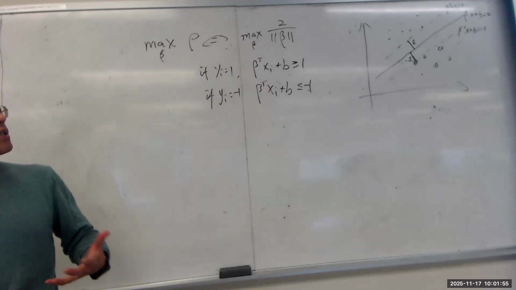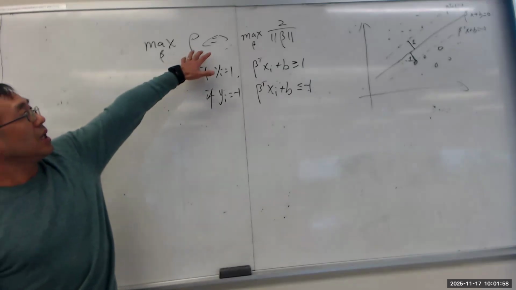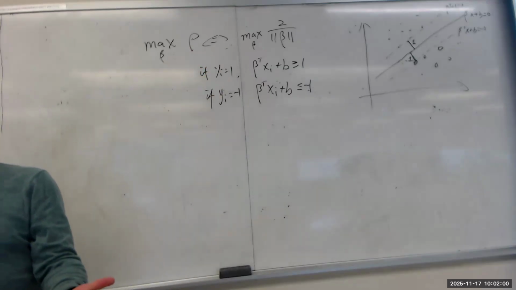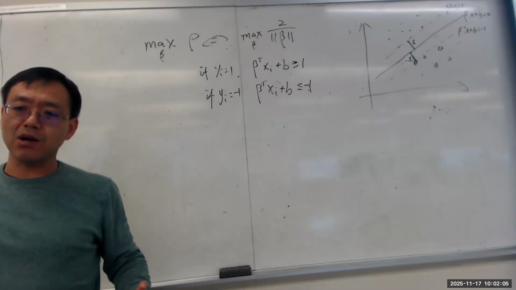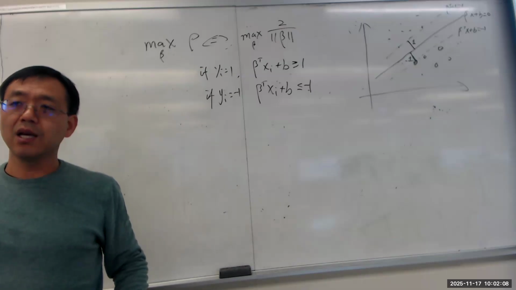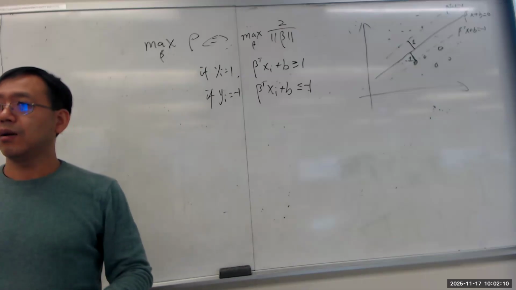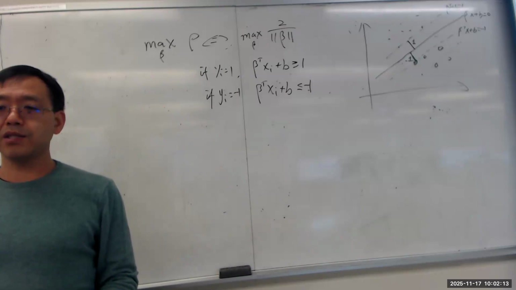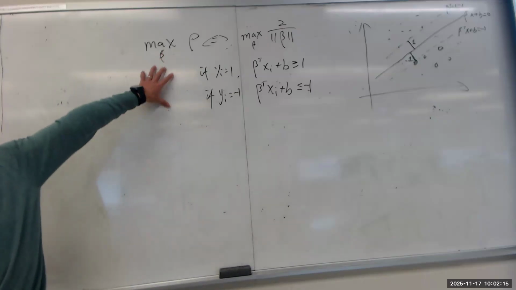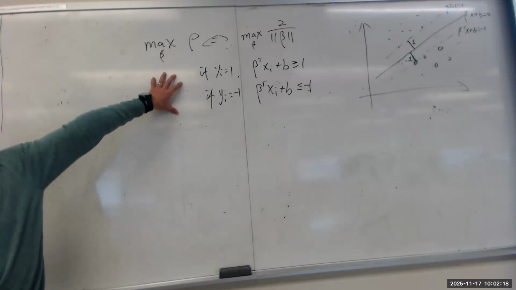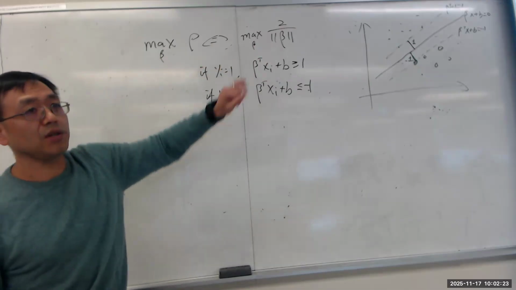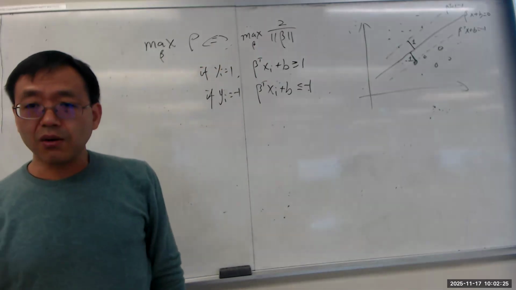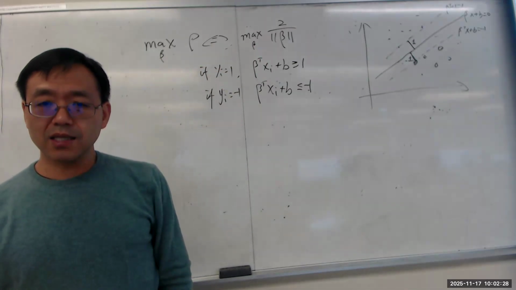So you can see we have transformed our intuition. You have two groups, and we maximize the margin, trying to find the best separation line. Now you transform it to a mathematical formulation, a formula we can work with. So this will be our problem. We try to maximize our margin, and then we are subject to this constraint. So now essentially, this is exactly what I'm going to show you in the next